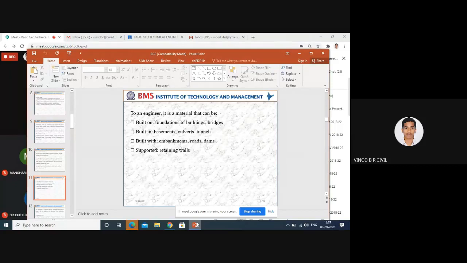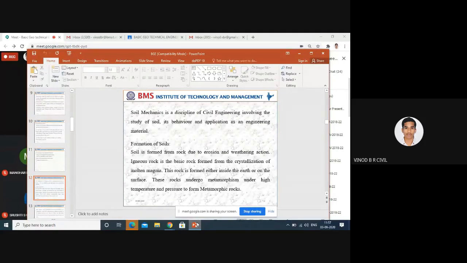As we already discussed, the geologist's view is that soil is one of the materials in the rock formation, coming after the rock formation. The pedologist sees it as a material to crop a plant. As an engineer, it is a material within the soil, on the soil, and in the soil, supporting foundations, culverts, dams, embankments, roads, supports, and retaining walls. And next is soil mechanics. We already discussed that initially they called it soil mechanics. Afterwards, they changed it to geotechnical engineering. Now that is the basic geotechnical engineering.